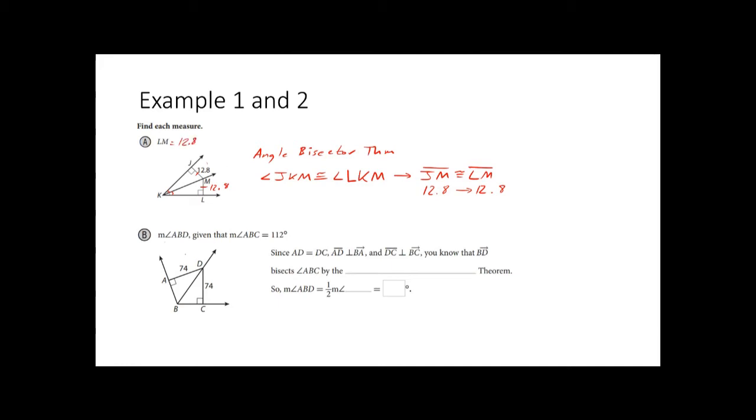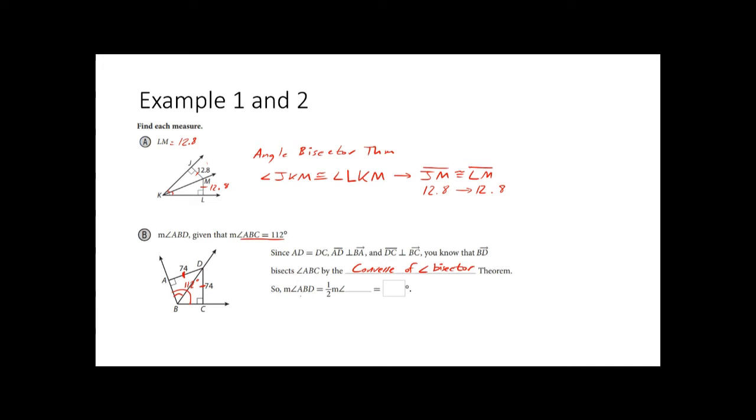Now, part B is basically saying, we have to find the angle measurement for ABD. Now, they do give us ABC being 112 degrees. So this whole angle right here is 112 degrees. Okay, and basically, we have the angle bisector theorem again. Or actually, this is the converse, because if you notice, this side length is the same as this side length. So by the converse of angle bisector theorem,